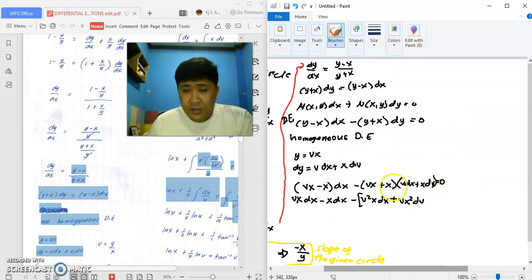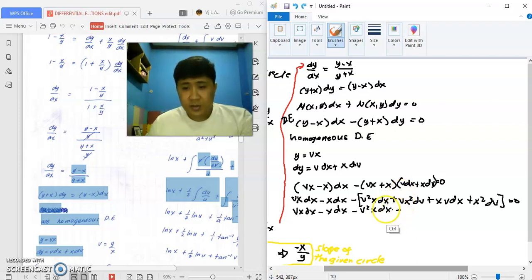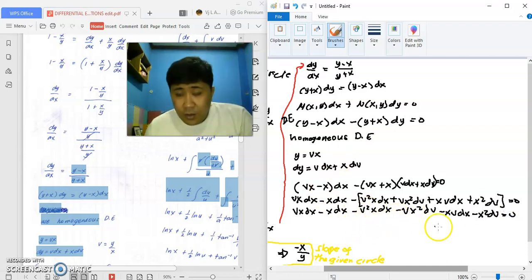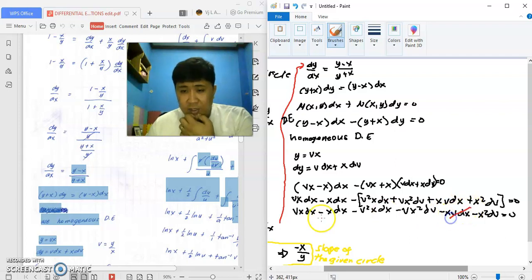So from now, we can now get this one. So this one, x plus xv dx, x times x dv, that is x squared dv equals 0. So now you have vx dx minus x dx minus v squared x dx plus, that is minus. So multiply the negative. So you have vx squared dv minus xv dx minus x squared dv equals 0. So look if we could cancel something. Okay, we can cancel this one. This one, we could cancel this one, right? So the vx dx, xv dx, we could cancel this one. So therefore,